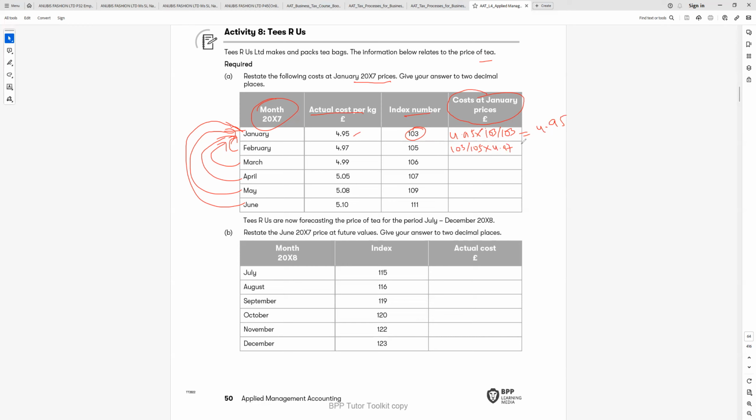And that is give me 4.88. That means in February the price is 4.97, which is equivalent to January 4.88, because remember the value of money always goes down, and for that reason whatever costs today,